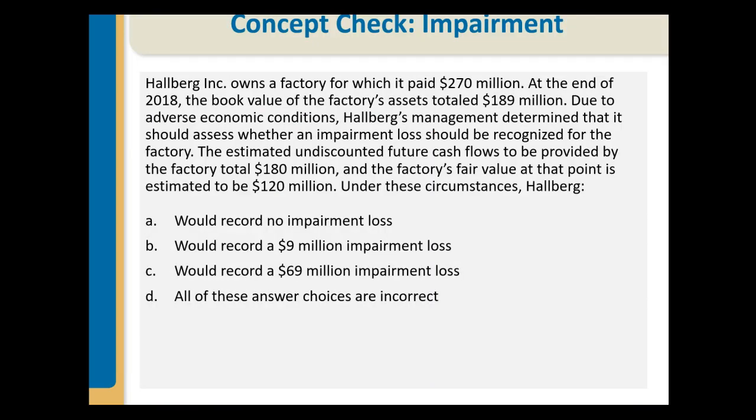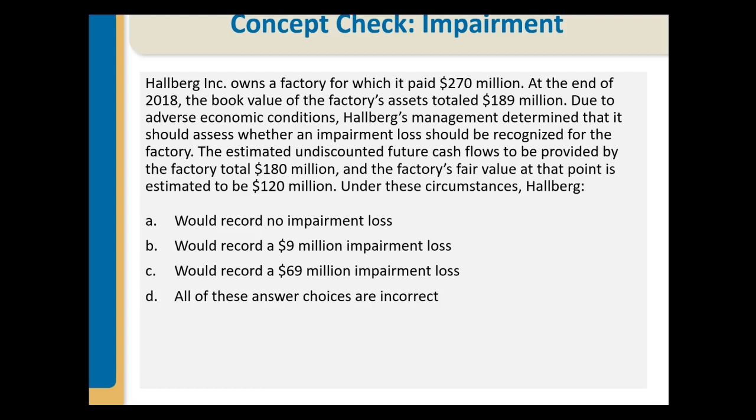Let's take a look at this concept question. Hallberg owns a factory for which it paid $270 million. At the end of 2018, the book value of the factory's assets totaled $189 million. Due to adverse economic conditions, Hallberg's management determined that it should assess whether an impairment loss should be